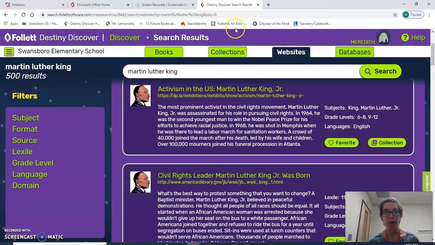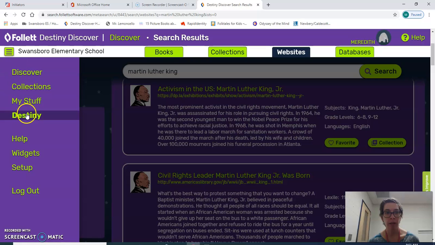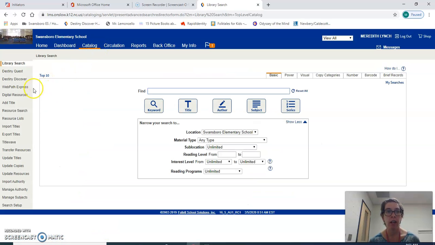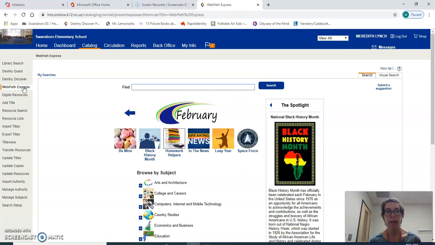I'm not going to worry about databases too much right now, but if you go to your little French fries in the top left-hand corner, you can go to Destiny, which is kind of like our old-fashioned home screen, and you can go to Catalog, and there's something called Webpath Express. So Webpath Express is similar to what we just did in Discover. It's just a little bit more